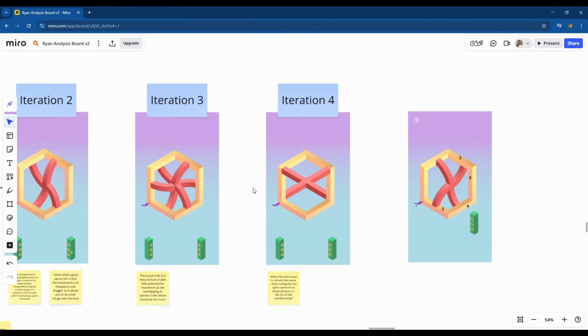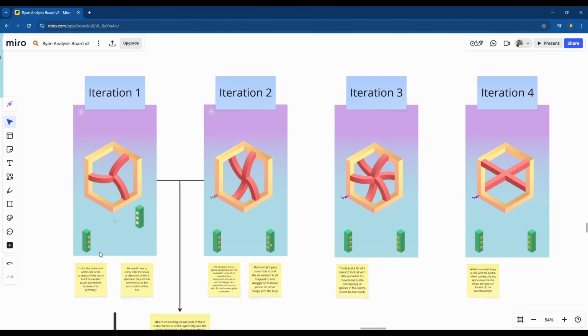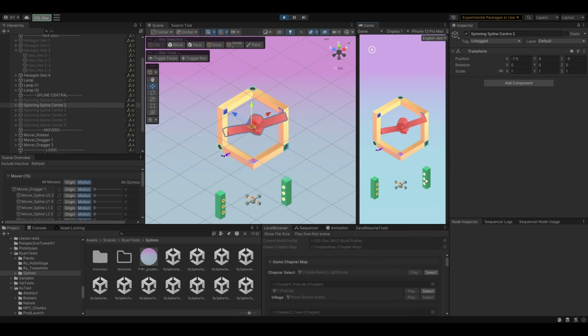Using the interactable geo, I made a few iterations of platforms that could potentially achieve this. The idea of geo that would move in such a way as to occupy both the inside and outside faces of the frame felt nicely impossible to me. And this centre iteration felt like it had the strongest puzzle possibilities, but I couldn't quite solve the issue of these two intersecting splines and the player not being able to travel across them in some way. From this point, I wasn't quite sure where to go with it, but luckily I had expert advice from the game's lead designer.